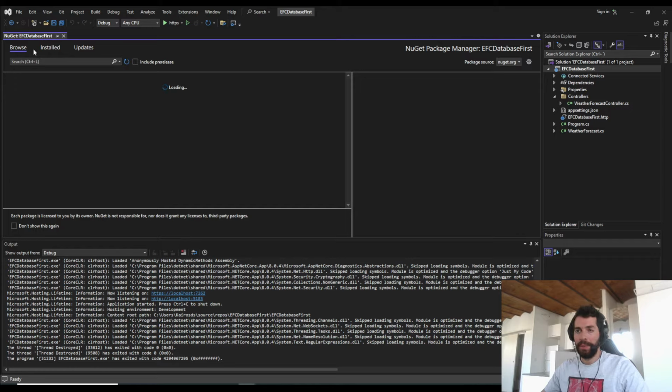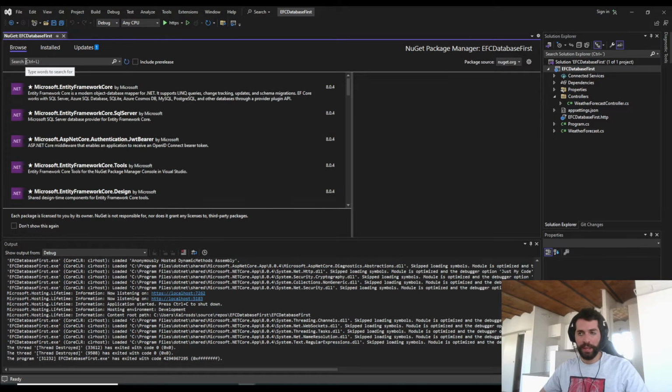Then you have three tabs. You need to click here on Browse, and the first package that we are going to install is Entity Framework Core. With this package, we are going to handle the database. We are going to do the queries, update the database, insert data, delete data, etc. You need to put here Entity Framework Core,